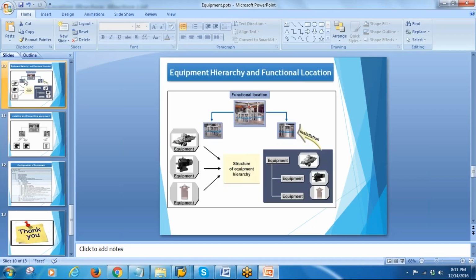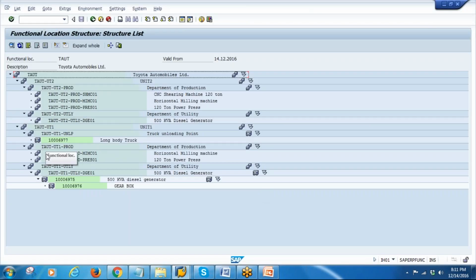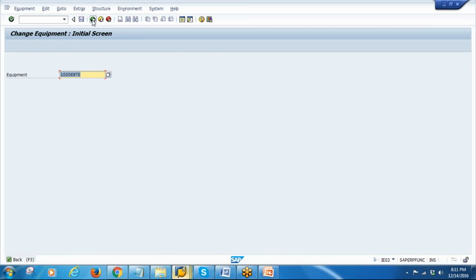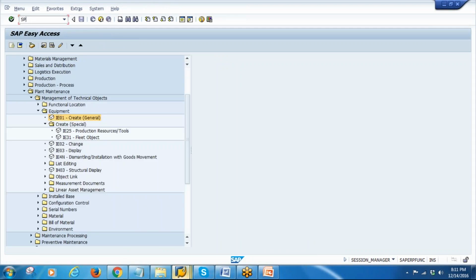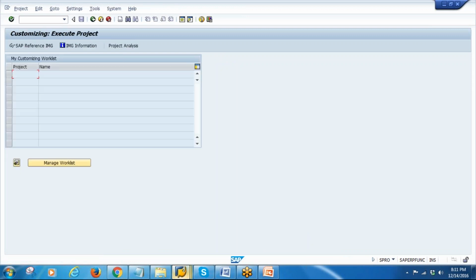Now coming to your hierarchy, we have already seen the hierarchy. This is how you see the entire hierarchy. Now if you want to see the equipment category on the structure itself, you need to make some configuration setting. I'll show you that. Go to SPRO, go to SAP reference IMG,